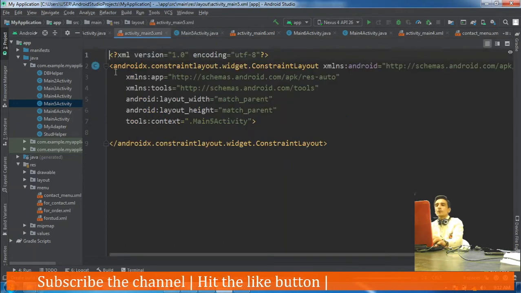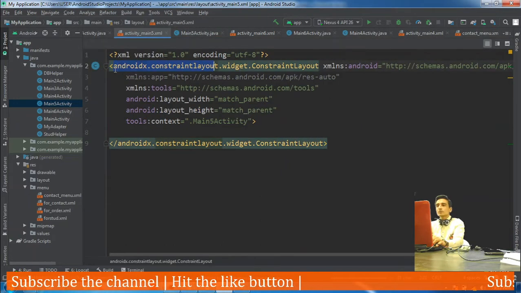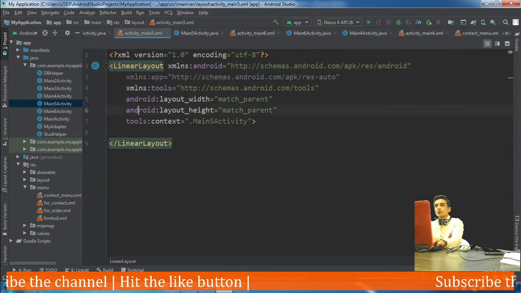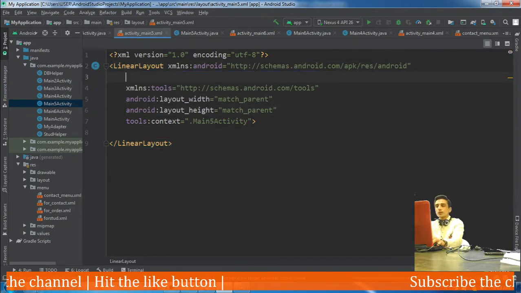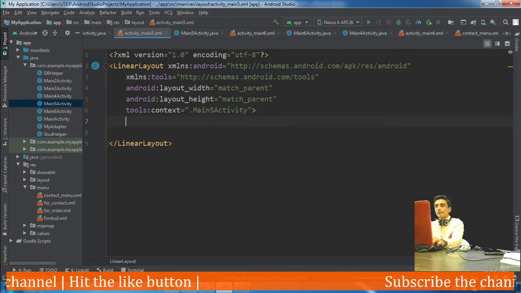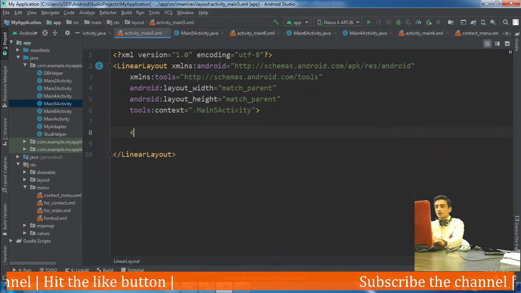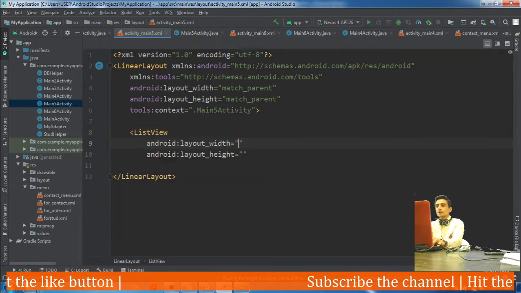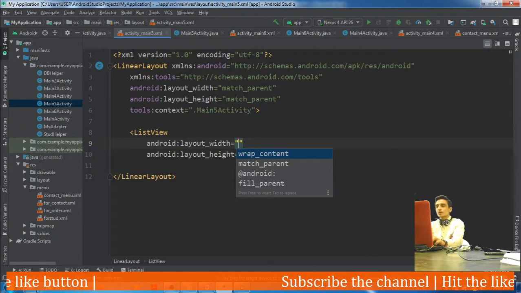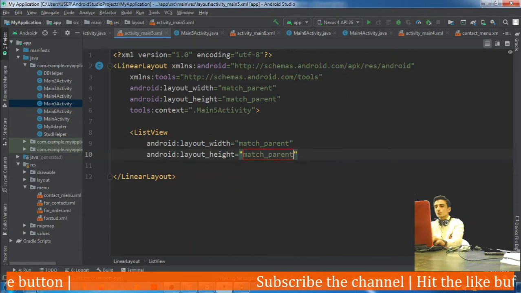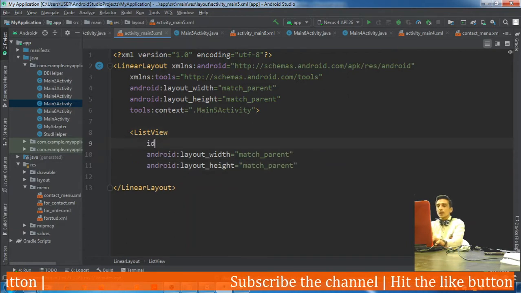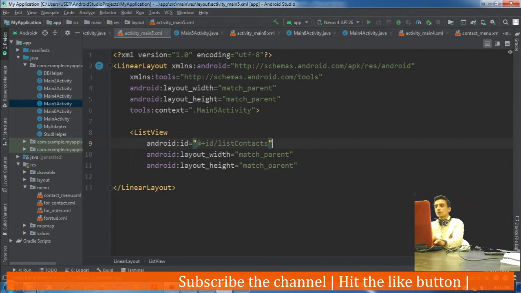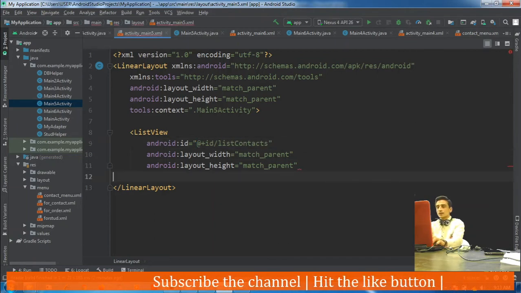I would define a linear layout, and in this layout I would define a list view. This list view should be set to match parent. The id of this list view should be list context, whatever you want we can write here.